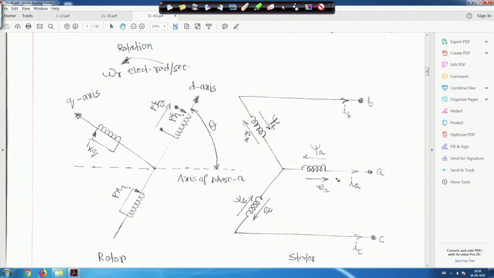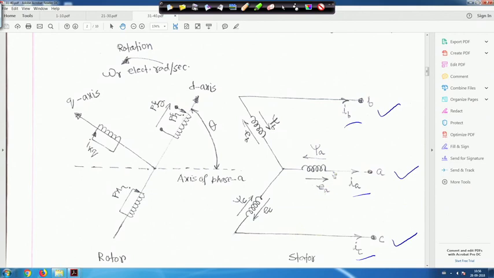On the stator, you have a 3 phase winding: phase A, phase B, phase C. This is my phase A, this is my phase B, this is my phase C, and this is the current leaving this terminal. I have mentioned this later, but when current leaves this terminal, we will take it as the positive convention for the stator. And this is voltage EA, nomenclature I will give later, right?